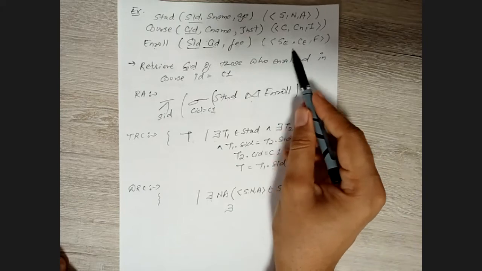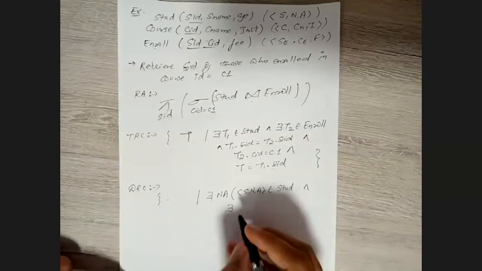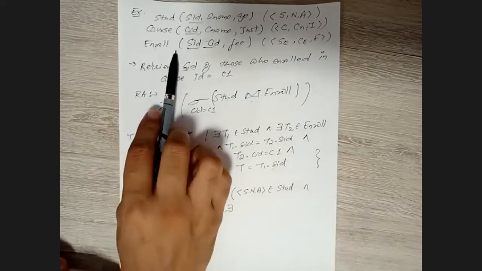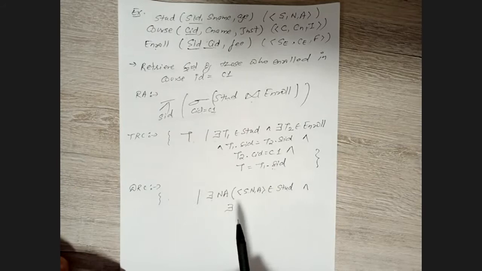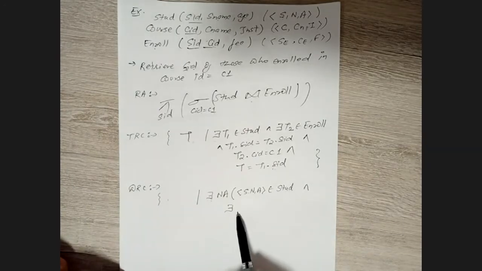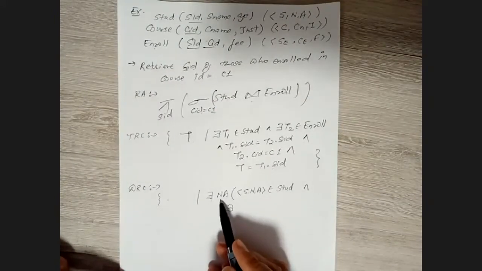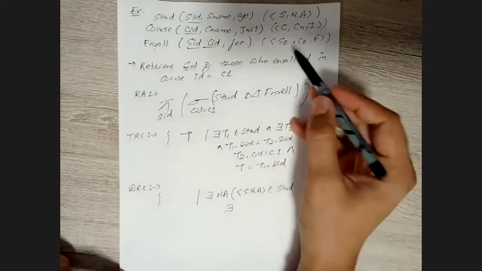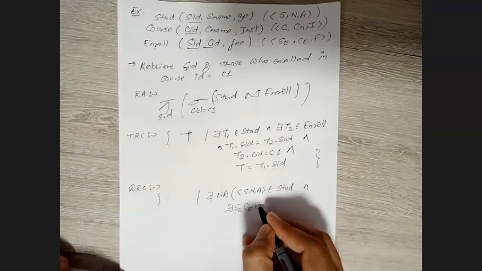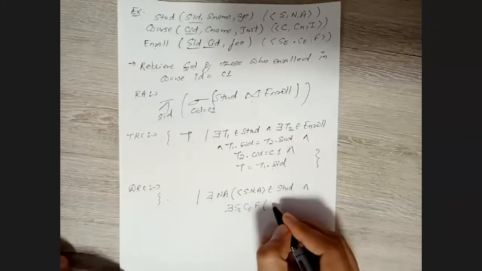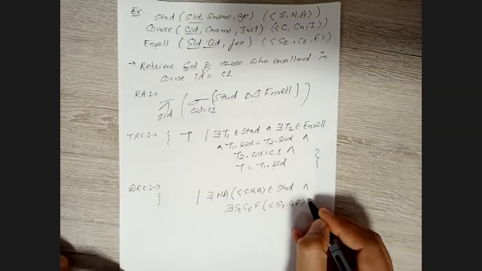Now I can write this complete part because I have already written from where I'm going to take the SID value, that is from the student table. If I had to reflect the SID value from enroll, then I would probably not write this SID here. But right now I want to retrieve from the student table, so that's why I have left this one out. So about the enroll table, what attributes do we have? SE, CE and F. Again bracket and write SE comma CE comma F belongs to enroll.